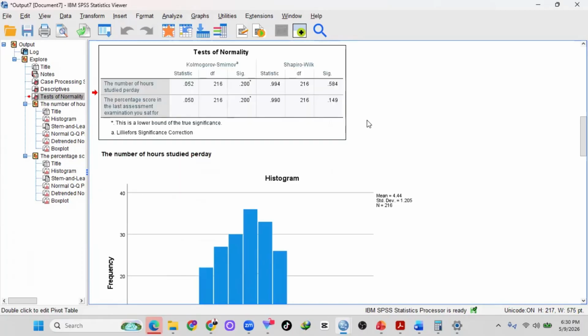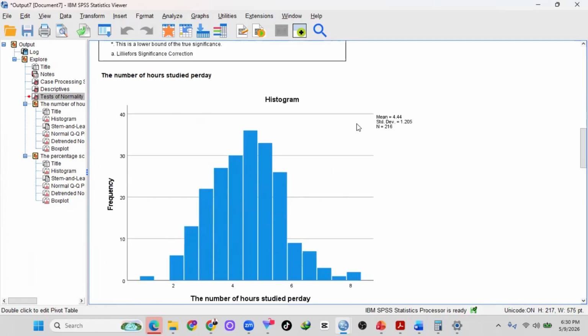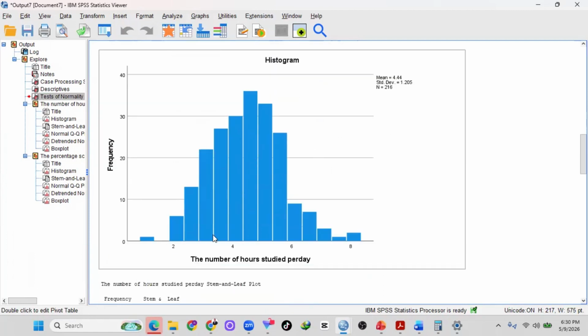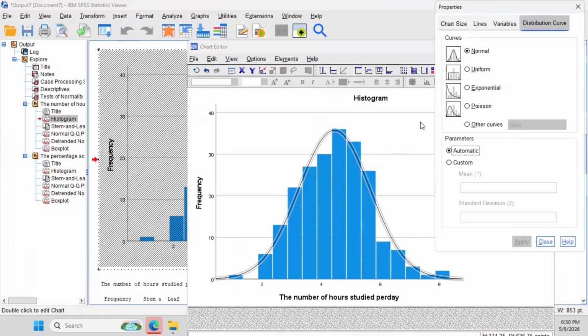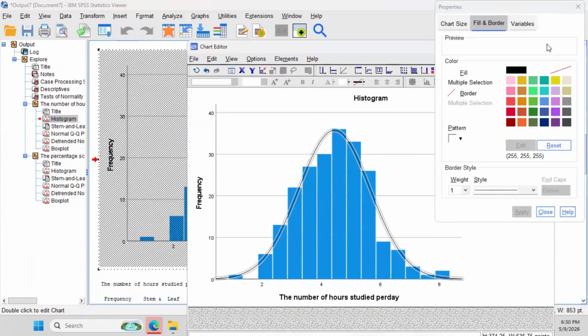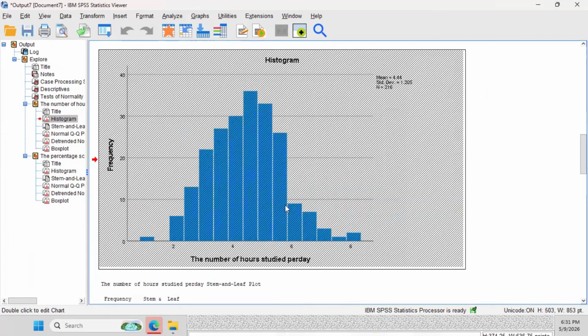We can also look at our data distribution and we see if it actually assumes the bell curve. So you can see it. We can just include that curve thing. You can just double click on it, and then you go to this small curve. When you click that, you see that there is this line which shows that bell sort of curve. If it was not bell, you would see the line coming like this or like this, you know? So that means that our data is okay. So we can go ahead and do our